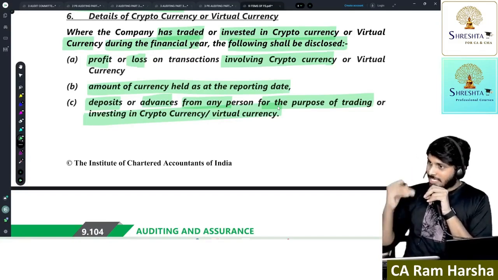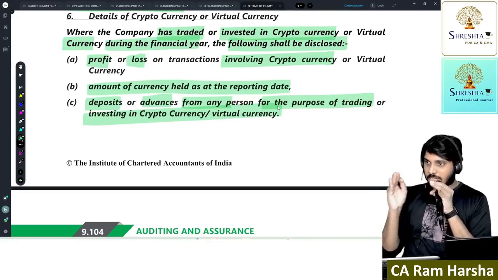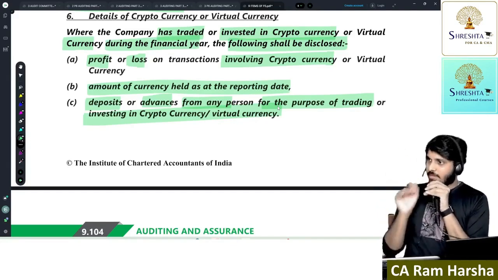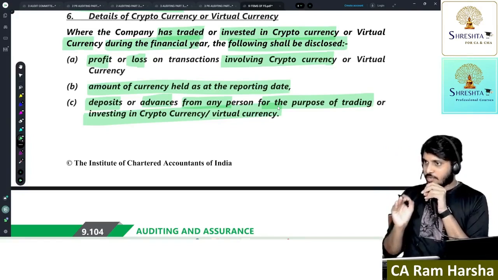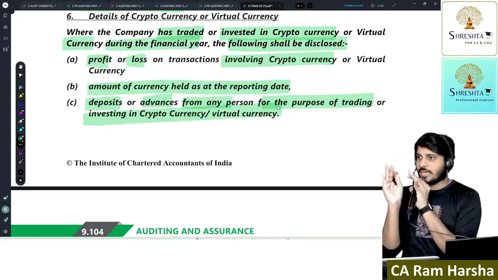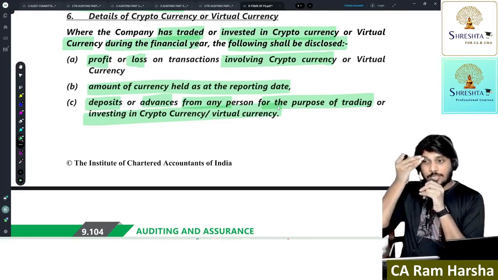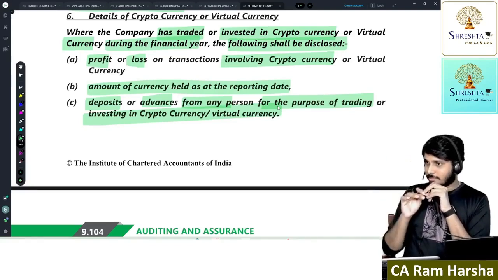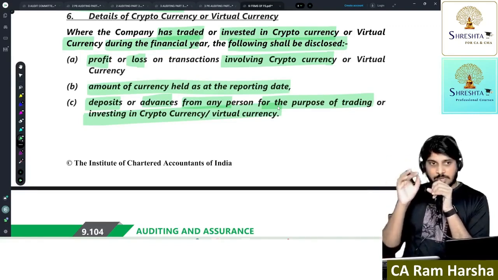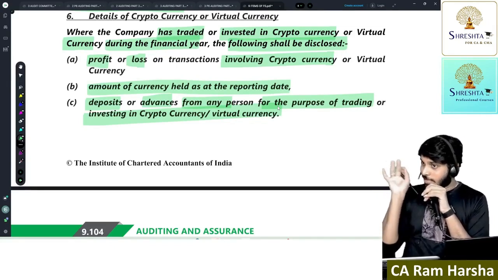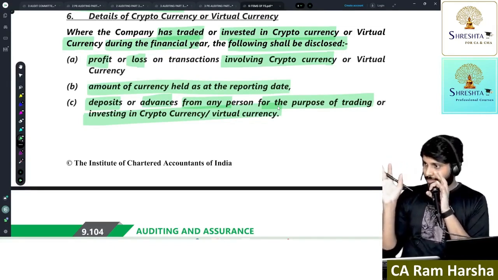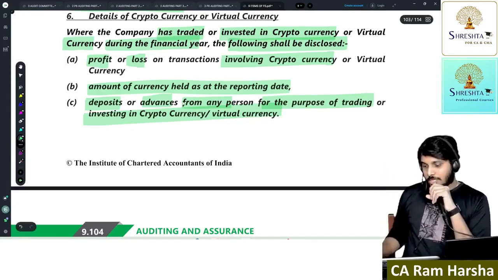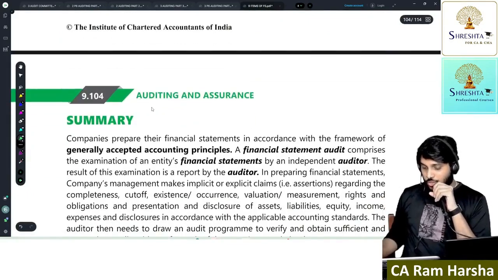Same way, if you want to buy shares and securities of any company, first you must have Demat. You need to transfer funds from your bank account to Demat account. Same way, in crypto also, if you want to buy cryptocurrency, you have to transfer funds from bank to crypto account. There are so many coins which are very famous. Now crypto is banned. Now it is not legally valid. RBI clearly says crypto is not valid legally. They didn't prohibit, but they boycotted. Getting the point? Trading is not prohibited yet. Able to understand? Next. So the company has to disclose all these.